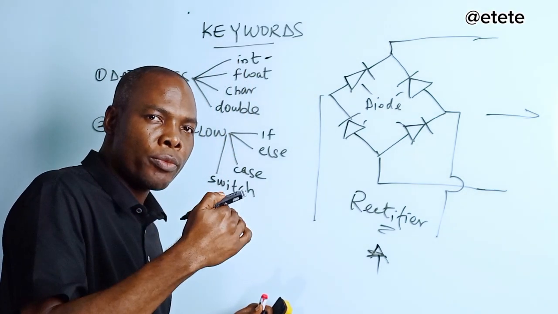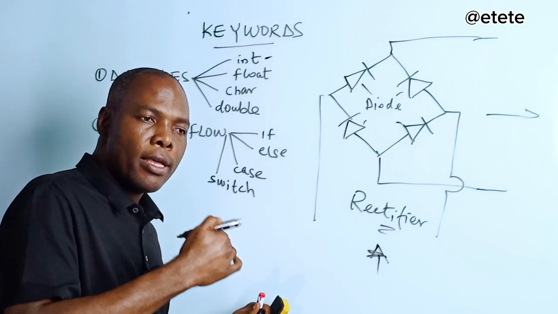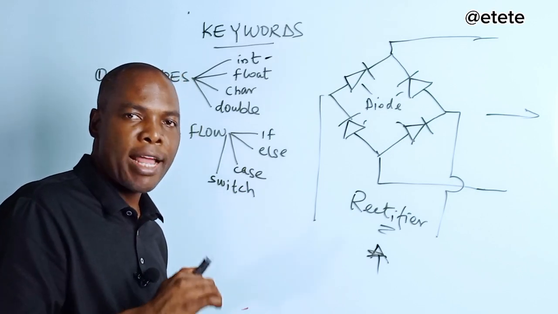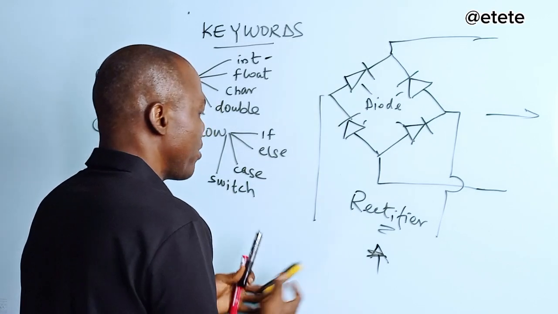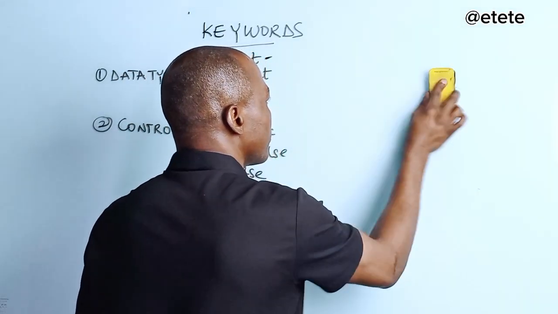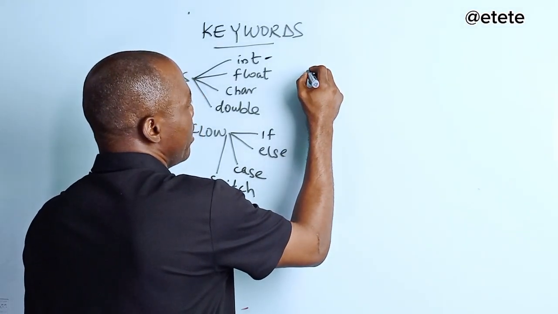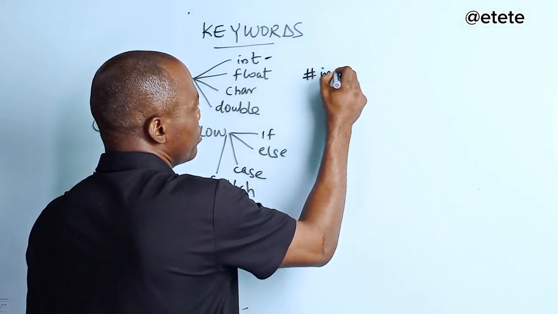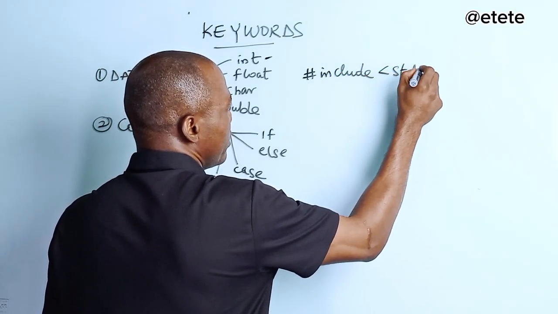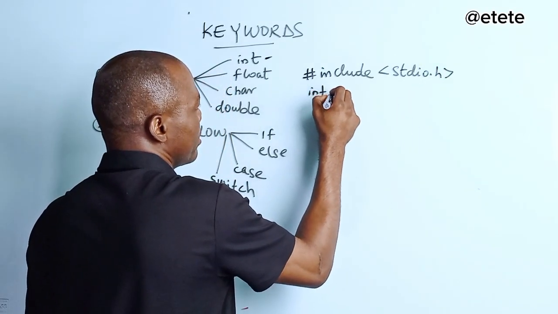So that is just basically what I want to show you in this class, so that as we go on and you start seeing me using more of these keywords, you will be able to understand what they are doing in your program. So if I now write a program like this, I say include stdio.h, right? And then I say int main,